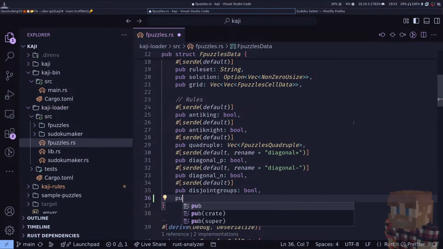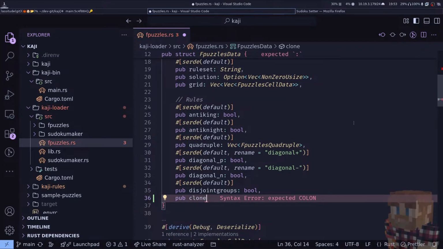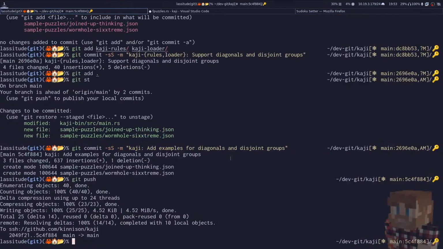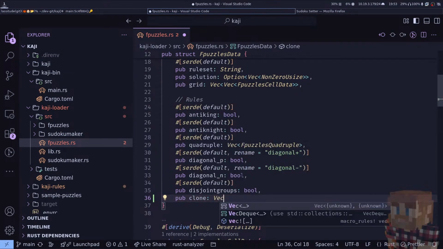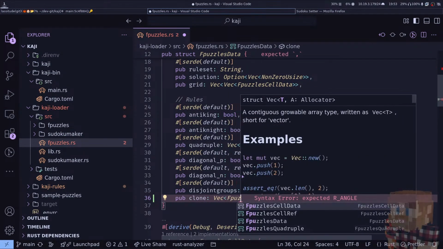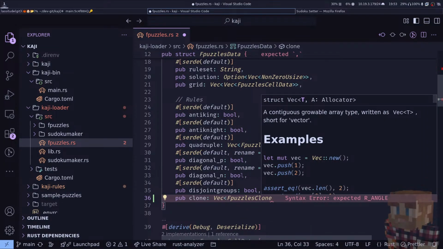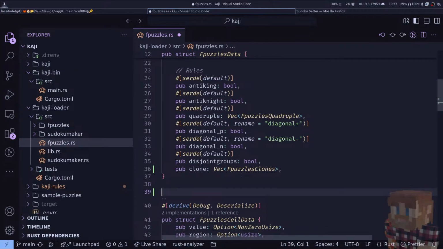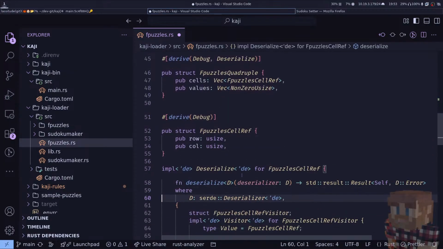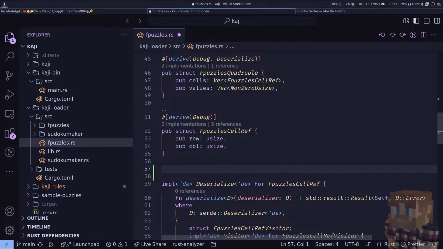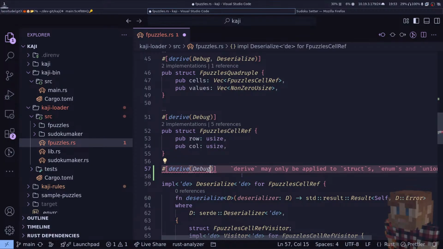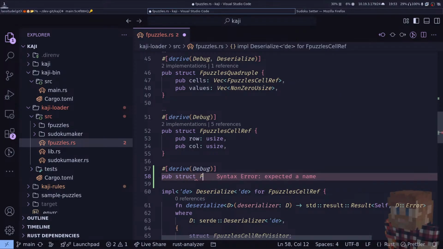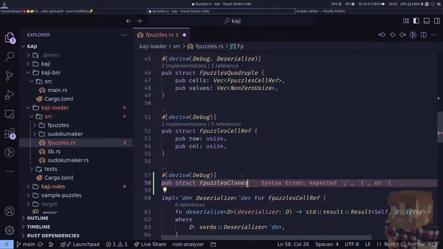So we're going to have pub clone, because remember it was singular clone, which is going to be a vector of fpuzzles clones, because there can be more than one clone pair within that. And let's write that down, so we're going to derive fpuzzles clones,